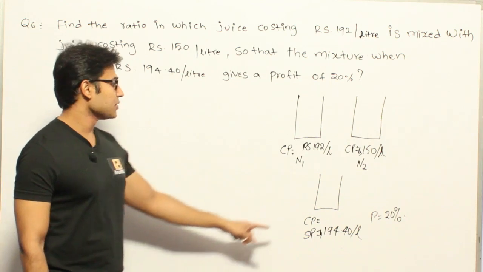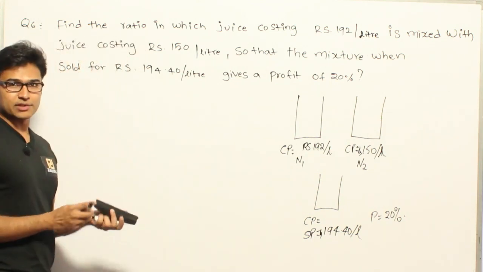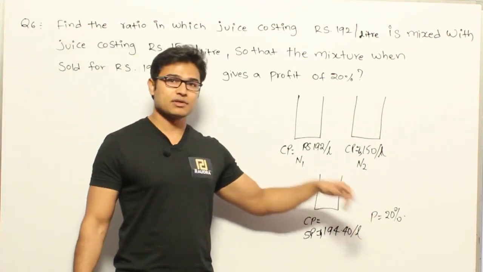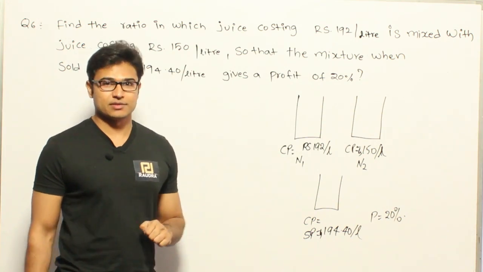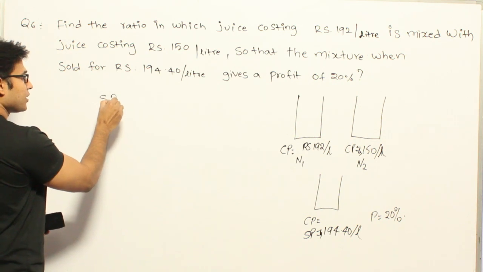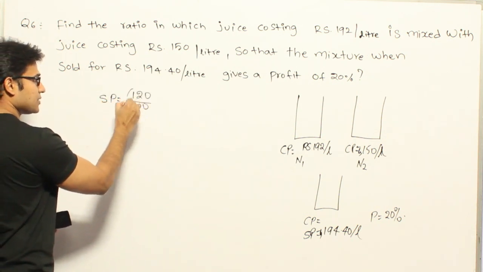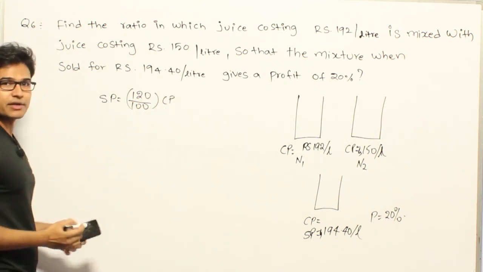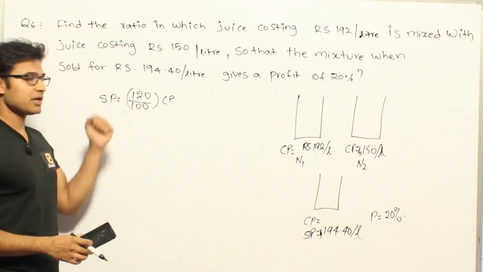So what is the relationship between selling price and cost price? See this, we are making a profit of 20%. When do we really make a profit of 20%? When we sell a product at 20% higher than its cost price, isn't it? Therefore, if we sell the product at 120% of our cost price, our investment being the cost price, then only we are going to make this 20% as the profit. This is one way of writing it.